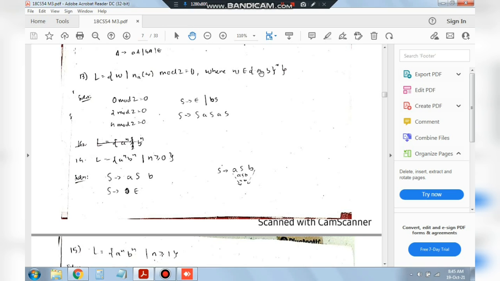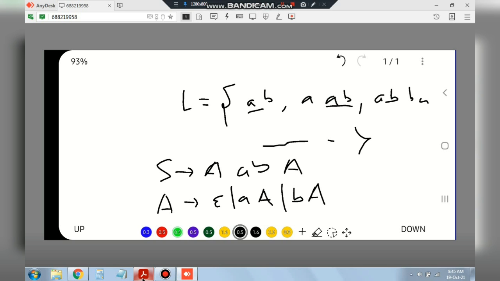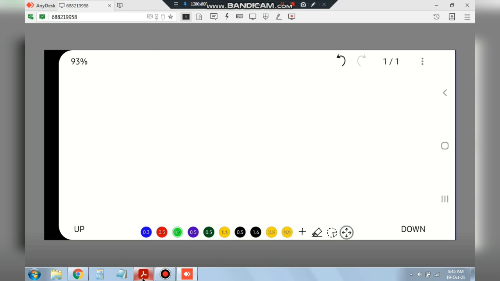That means the alphabet set is A and B, so the string can contain A and B, but the rule is that the number of A should be even. Okay, if I write the language here, the number of A should be even. What is the least string where A is even? It can have B also. It will be epsilon, okay, because number of A is 0, which is even, and for B there is no constraint, so the minimum string is epsilon.